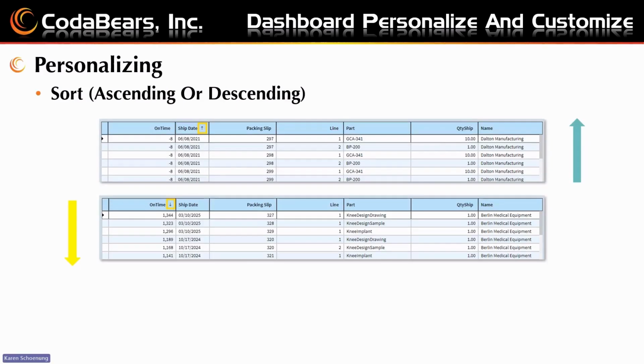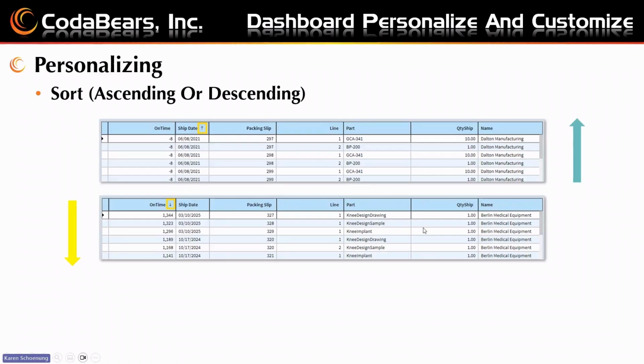Another option in personalizing is to sort ascending or descending. Once you have your columns in the order that you want to see them in, you can also sort them as ascending or descending, but only by one column at a time. The top grid shows the data sorted ascending by the ship date. So it's pointing up means it's ascending, and it's ascending by the ship date. Although it looks like all of them have the same ship date there,